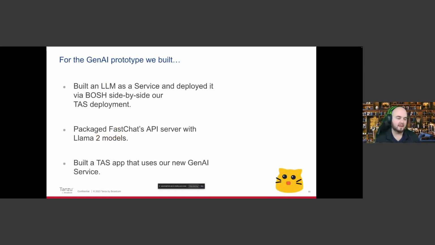So when we say we, I mean Long mostly, built a large language model as a service via Bosch, and because Bosch is embedded in the Tanzu application service ecosystem, we sideloaded it to an existing Tanzu application service deployment. We also brought in what we call FastChat, which allows us to run an